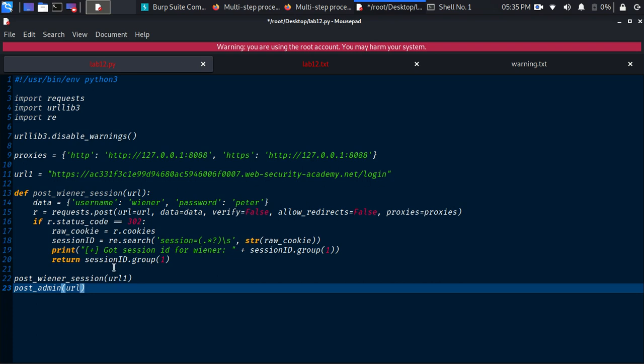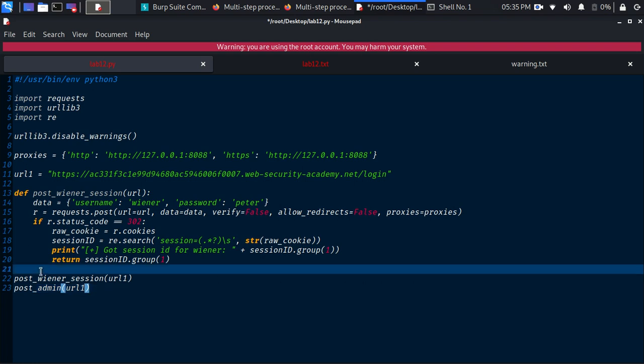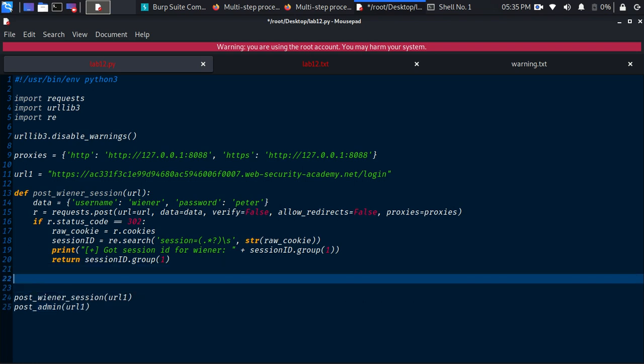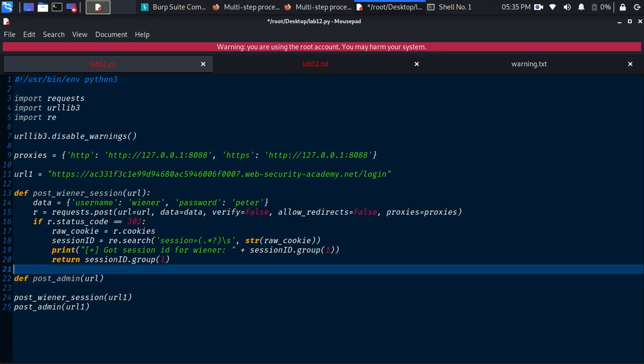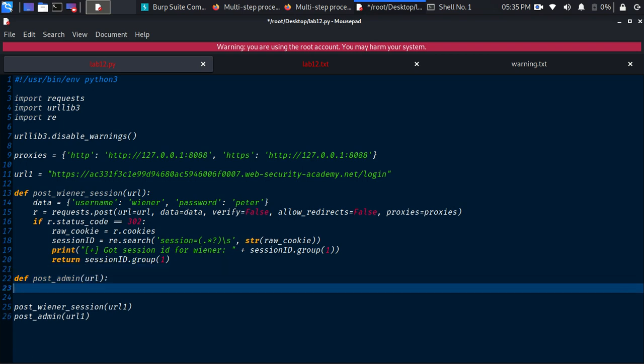So the URL will be the same, URL1, because this URL is responsible for the login. So def post_admin, URL, data, and so